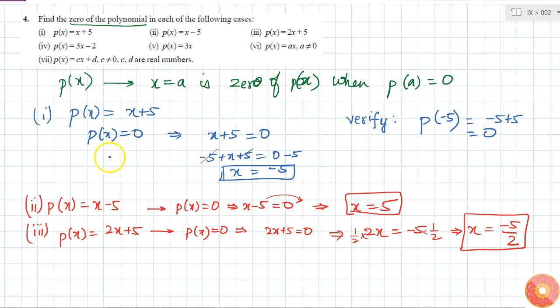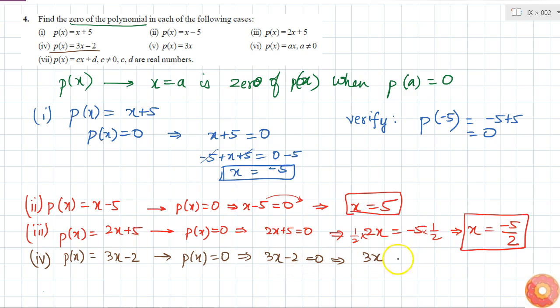Similarly, the fourth part is p of x equal to 3x minus 2. Here I need to do it in the same way as the third one. P of x equal to 0 means that 3x minus 2 is equal to 0. If I add 2 on both sides, then I get 3x minus 2 plus 2, which is 0, is equal to 0 plus 2, which is 2. This means that if I multiply both sides with 1 by 3, then I will get